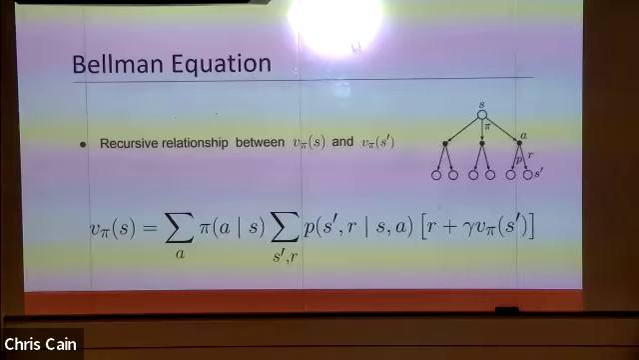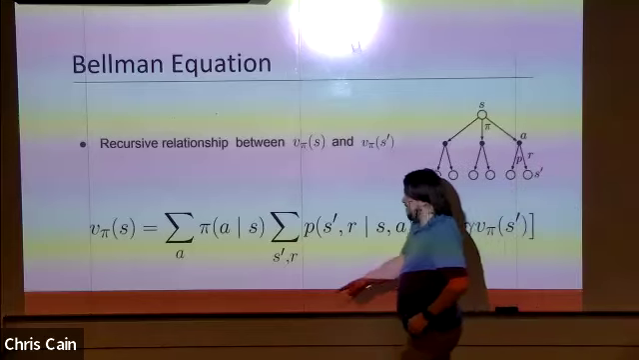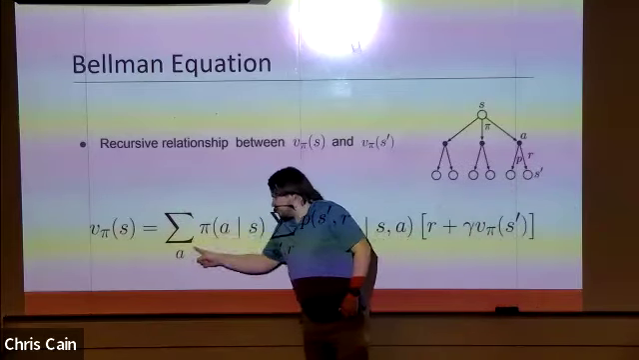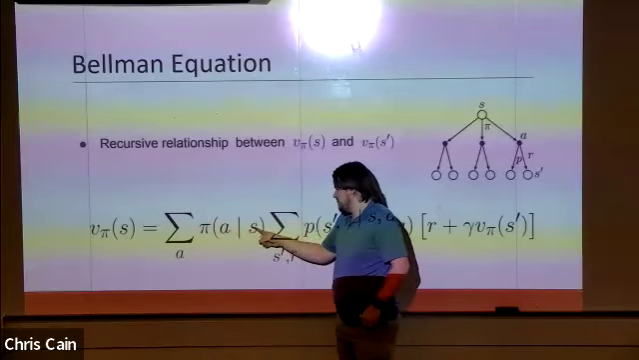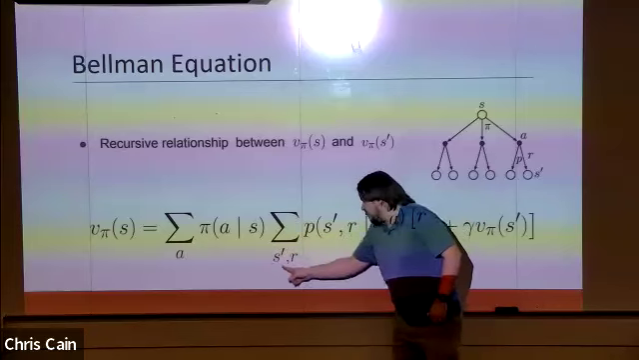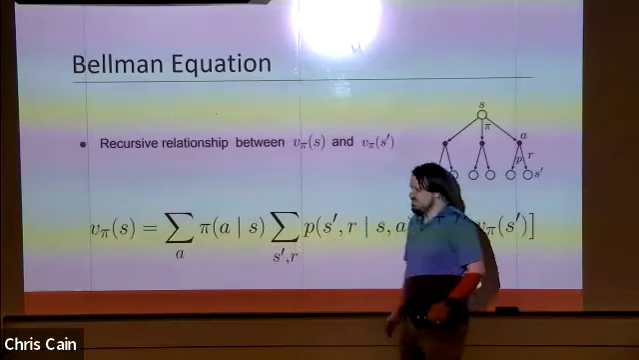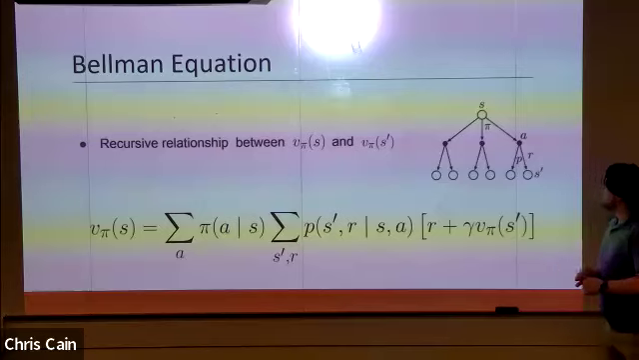What are all of the possible successor states? What are the values of those successor states? We're going to backtrack from there and come up with the value of this state based on the sum of all actions, the value of the policy of taking that action from this state, times all the possible ways that you could get to some successive state. So this is something like,